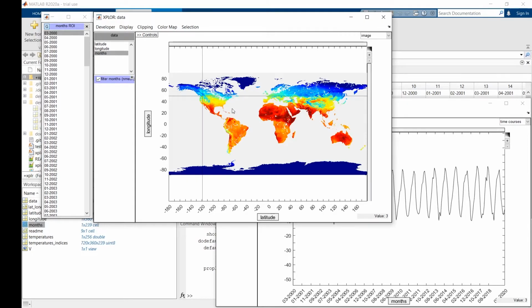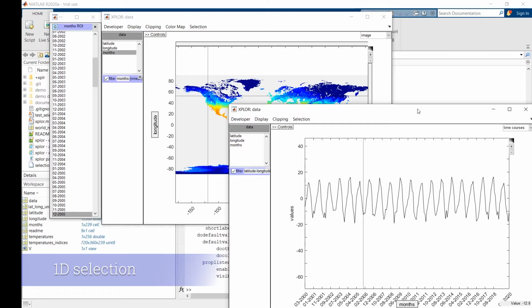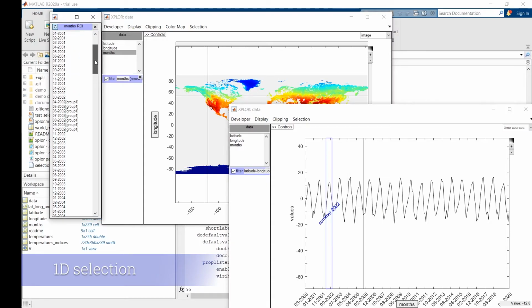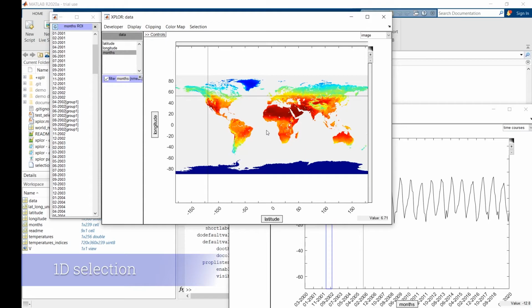We did selection on the area on the map in latitude and longitude, and now we will do selections in month. So to do that, we go in Selection, Control Selection in dimension month, Prompt Name for new selection. Now I can do a selection on the graph, for example here in summer. We can see now in our filter it created a group, and now the first display shows a mean value of temperature for all these months that we have selected.